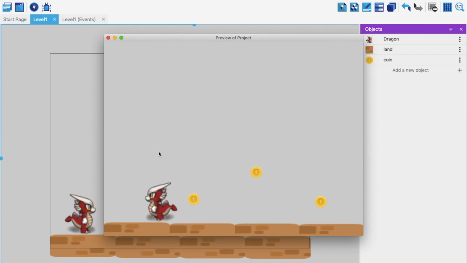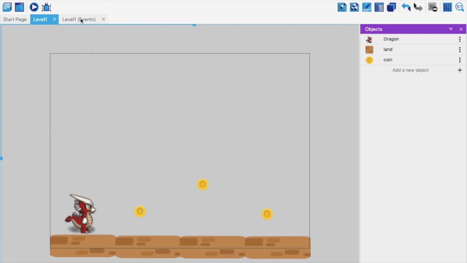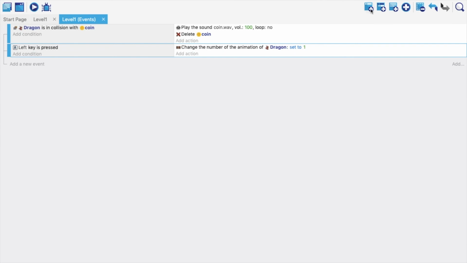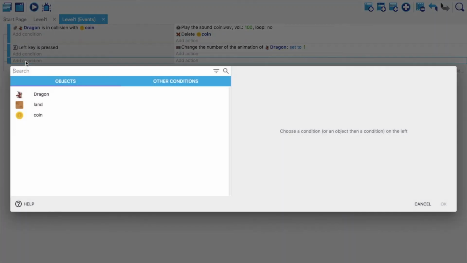See, guys, I'm pressing left key and it quickly turned. But obviously, I have not coded for right key till now, so it is not turning back to right when I'm pressing the right key. So let's go and code for right key as well. So I'm going to add another condition. Obviously, it's a different condition, right? Pressing left is a different condition. Pressing right key is a different condition.